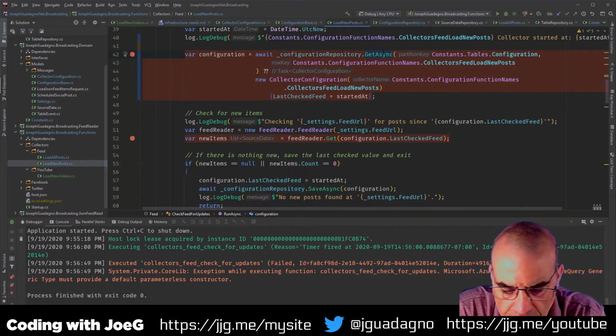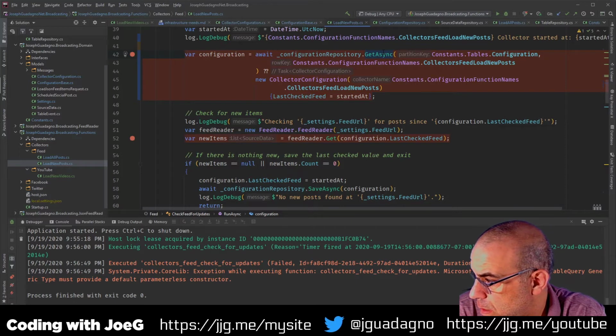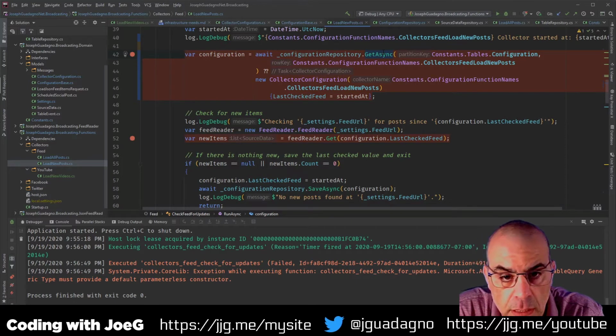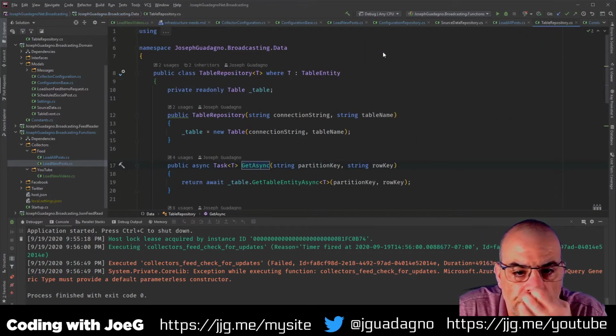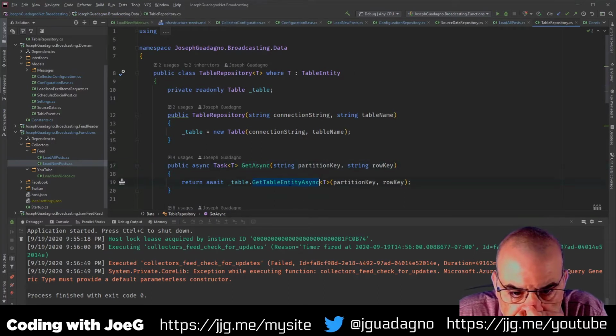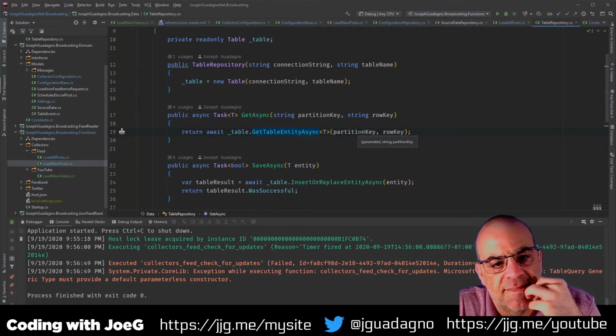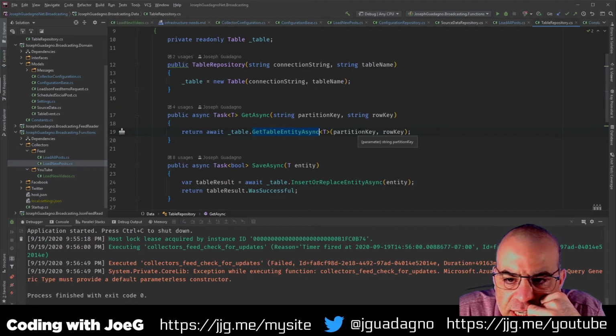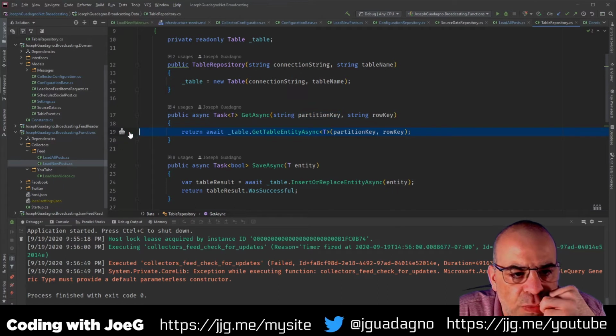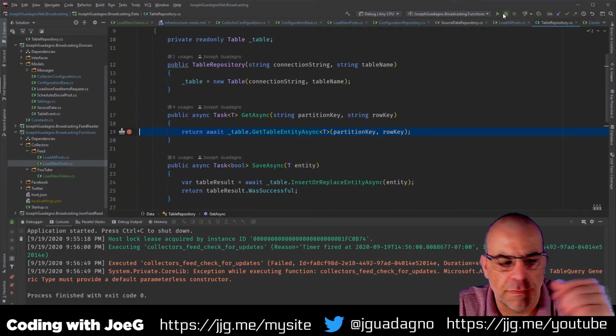Go take a look at the method and see what I did. It does return table get a link. Should be fine. I didn't change anything there. See if this is where we're getting the error from.